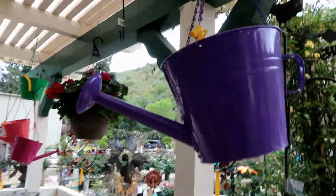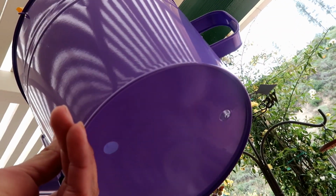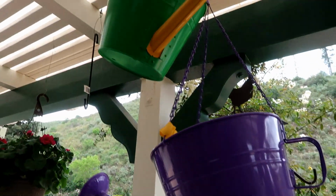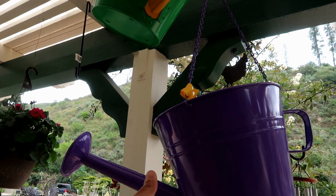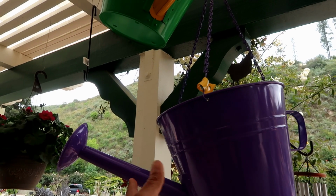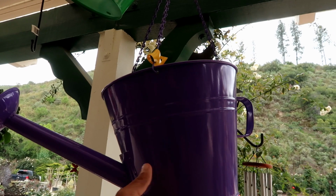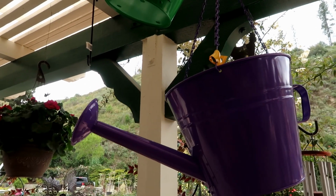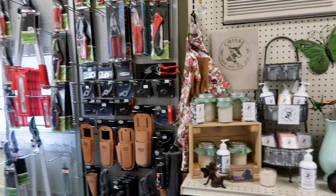And I really fell in love with these because they're so colorful. They have some holes at the bottom so you can go ahead and grow anything you want in there. Some people might want to put some roses in there. I personally want to hang some cucumbers from the top of my cover, my awning that I have in my backyard where there's a sunny spot, and literally grow some bush cucumbers out of this. And I think that's an amazing way to grow some food in a very beautiful planter. Let's go ahead and take a look at all the